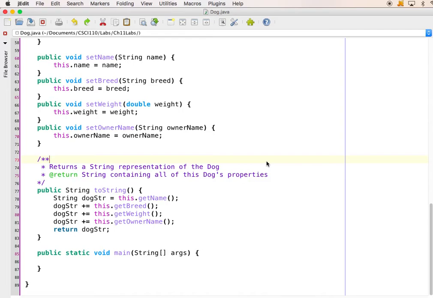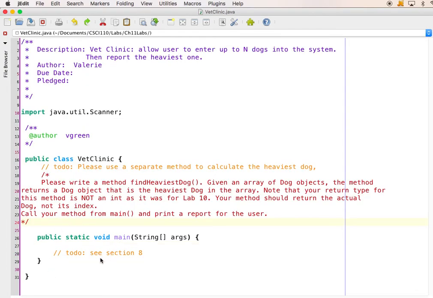It's time to test the toString method. And I have two different places that I could do this. So I'm in the dog class. I could go ahead and write some code in the dog's main method to test just the dog class's stuff. I know I'm going to be using the dog from Vet Clinic, which is this other file, so I could